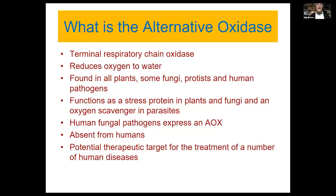Apologies for these technical problems, but hopefully we can continue. I'm talking about this particular enzyme, the alternative oxidase. It's absent from humans, and as it's present in a number of human fungal pathogens that express an AOX, it is now becoming a potential therapeutic target for the treatment of a number of human diseases. So on the next slide,